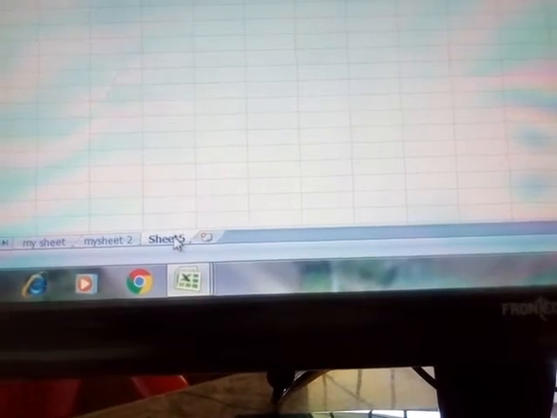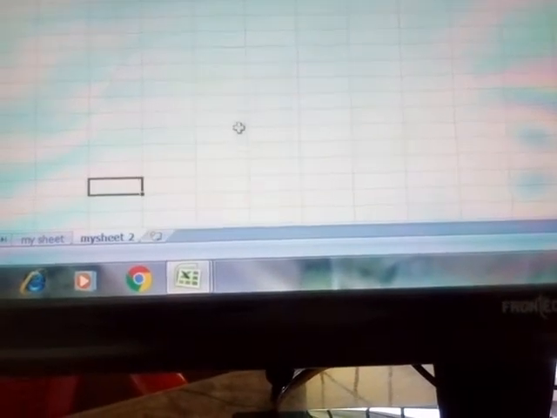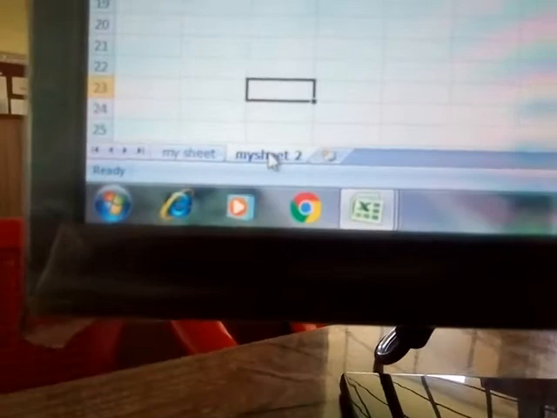Okay, see here, all sheets I removed, only 2 sheets I kept. Okay, only my sheet and my sheet 2. This is adding and deleting the worksheets. Okay, and renaming also you have done. How to rename the worksheets also you have done. Okay, this is your 5th chapter, that is nothing but the Excel sheet.